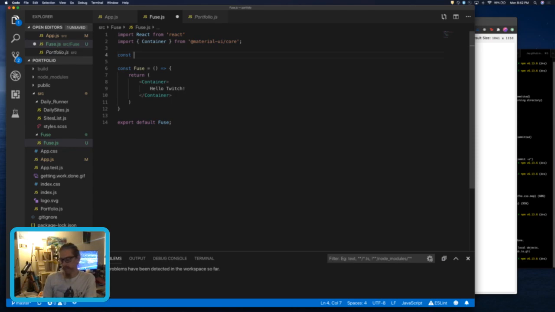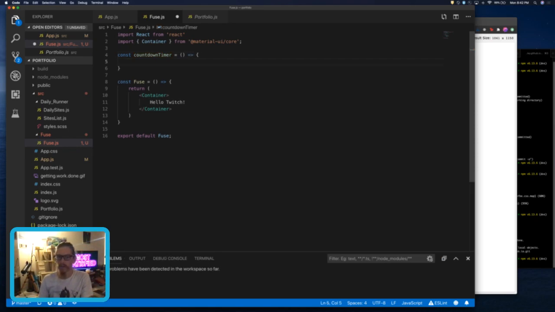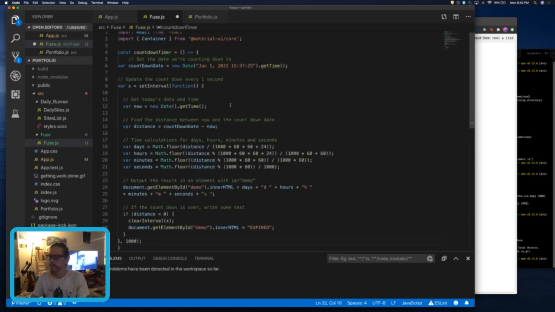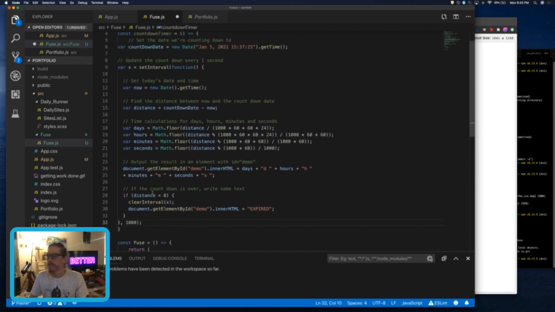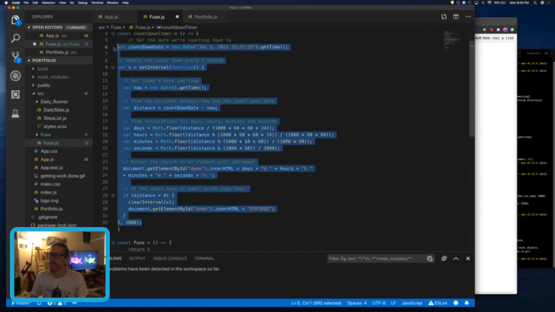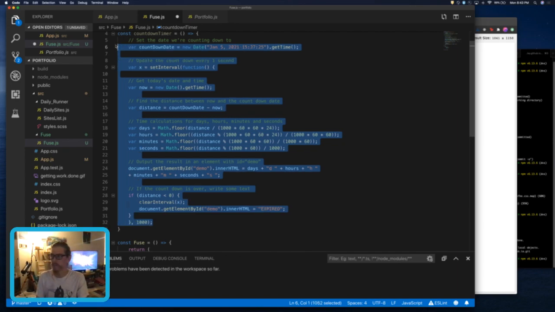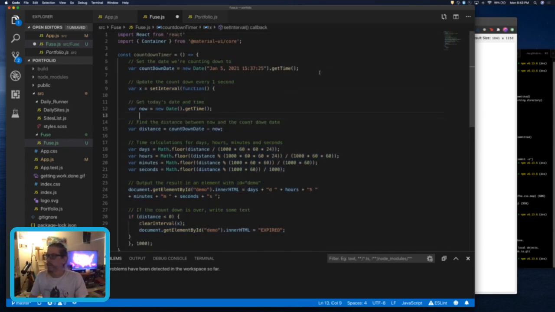So let's see, what's this function gonna be called? Countdown timer. Make some edits here though. First of all, let's move that out. I really just need to install Prettier. Do all that auto for me. And then the idea here,